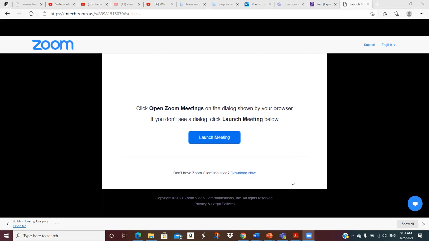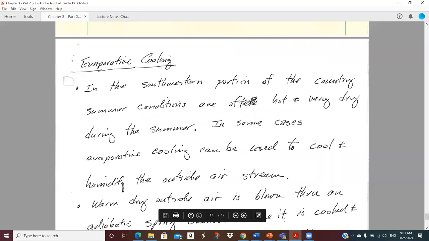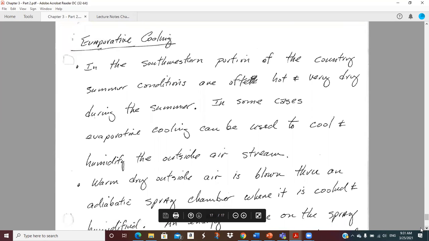Okay, so let me see here. Let's see. Yep. Okay. So this is our last topic in Psychrometrics. So you can tell this note page is not quite as old as the other one. It's not yellowed. Actually, they're yellowed because they're engineering paper, but this is just a white piece of paper.